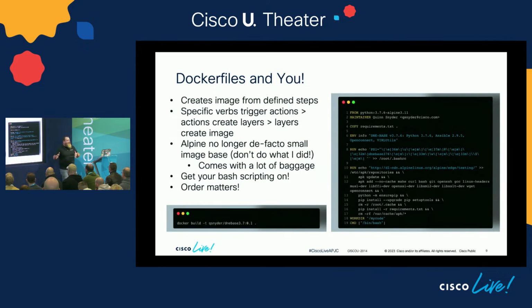This is a much older Docker file, but it served as a simple example. Alpine used to be the de facto standard for creating container images. It was light, it was small, it was fast. The problem with using Alpine is that it comes with a lot of baggage. There's a lot of tight versioning requirements. It doesn't have a lot of the standard libc libraries that come with Ubuntu or a Debian-based or Red Hat-based image. So you can run into some very weird things that happen, especially with things like Python, where we